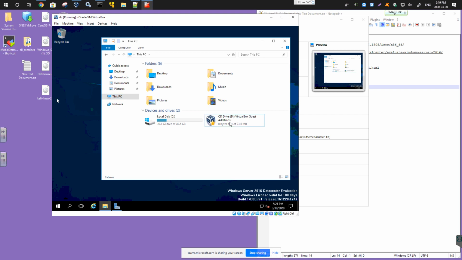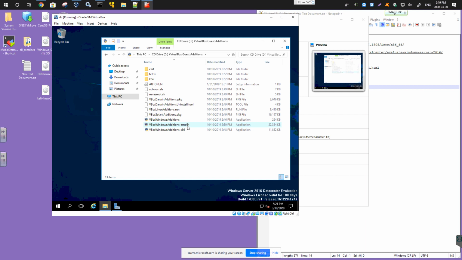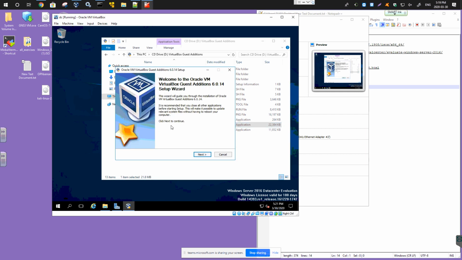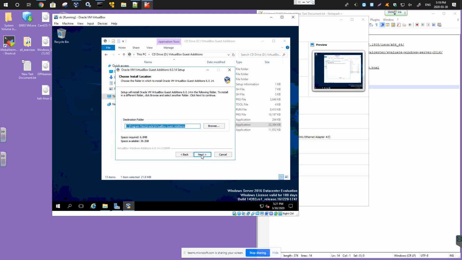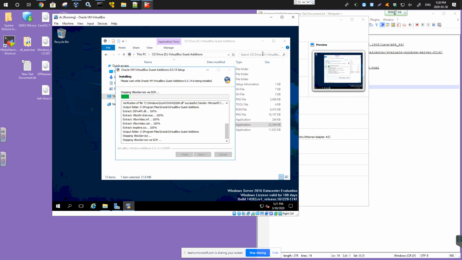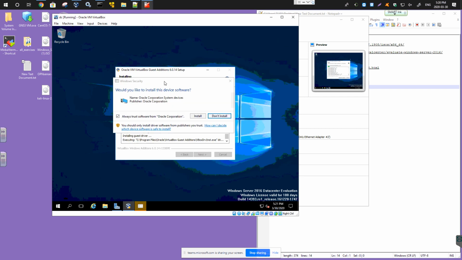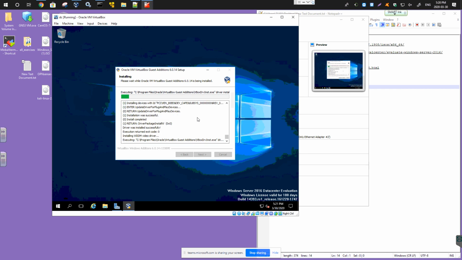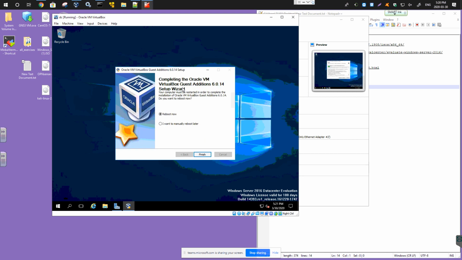So here it is. It's appeared. If it doesn't start a pop-up which shows you something here, you could click twice on this one, and the last but one which says VBox Windows Additions AMD64, click twice, say next, install. When you're prompted to approve something, say install. And now, once it's installed, we could reboot. After the reboot, we will be able to access our